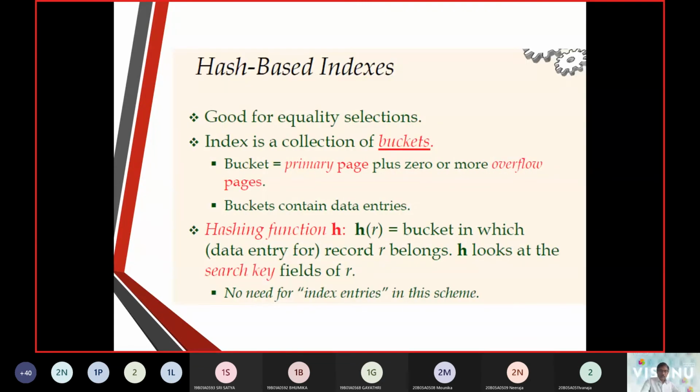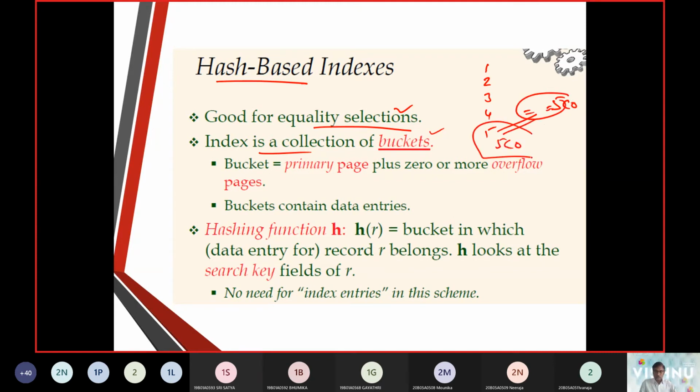After B plus tree indexing, we talked about hash based indexing. Hash based indexing is good for equality searches, and here the index is a collection of different buckets. I had an example today with bucket numbers 1, 2, 3, 4, and if the bucket number was 5C naught, 5 is compared with 5. If both are the same, then 5C naught is placed into this bucket. In this way we get the